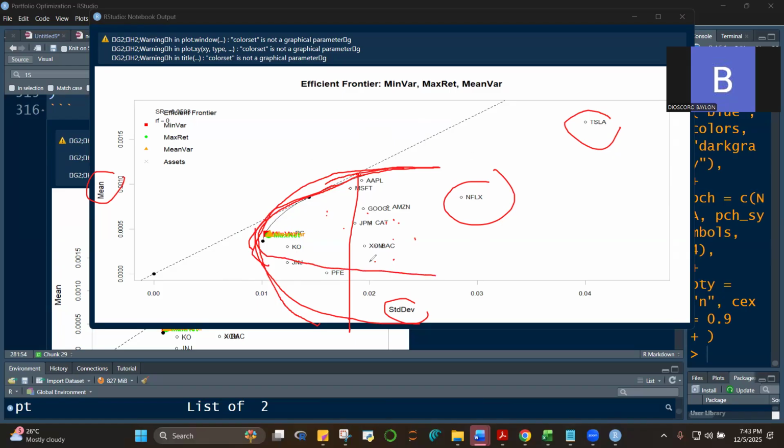At this point, every point here represents a portfolio. Every point there. And then you can see that in the efficient frontier, class,